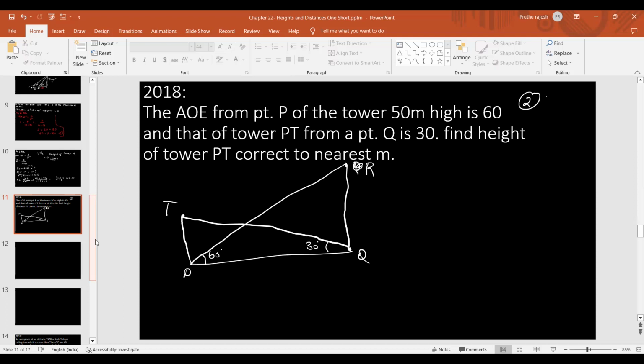First, we have to consider the big triangle RPQ. This big triangle we have to consider. In triangle RPQ,